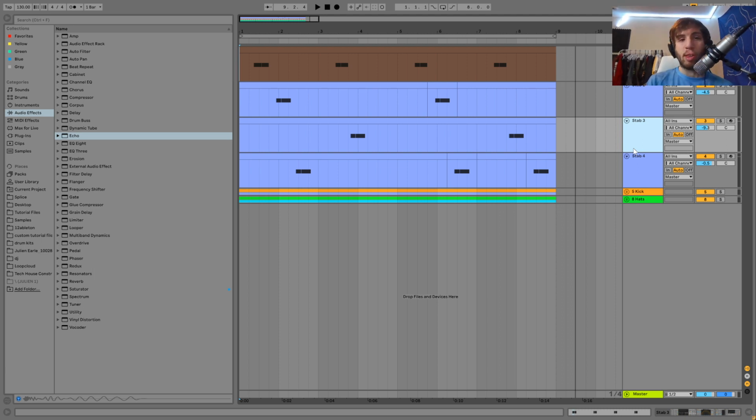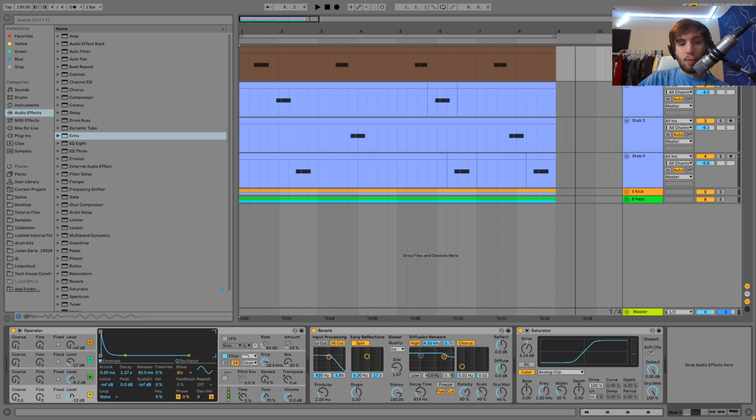So today I'm just going to be talking to you about some techniques I picked up for making these kinds of stabs. It can be a little bit tough when you're first starting out, but I think it's actually not as hard as it always seems. It's just a little bit of finesse to get the sound right. So the first thing that we have going on here is you can see all 4 of these